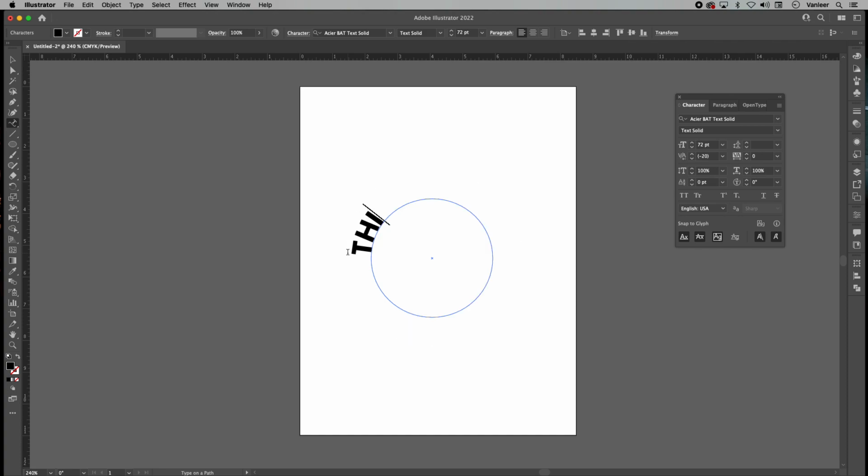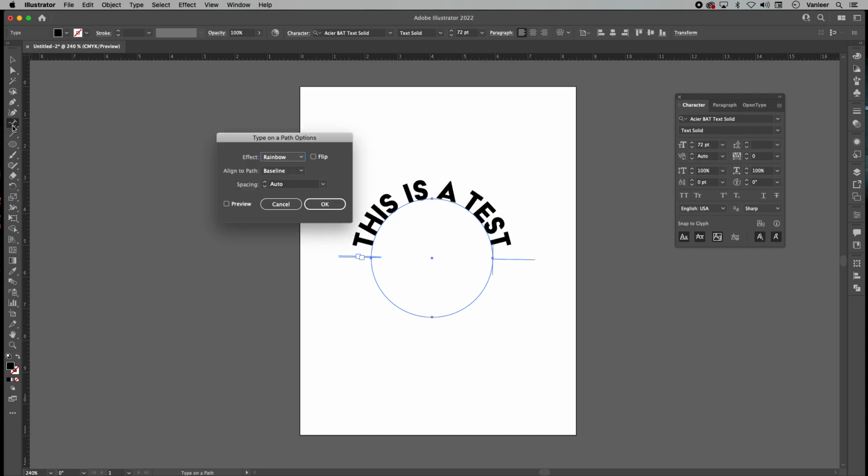And I'm going to put "this is a test," right? So now I can just go here and click, and then I can just bring it up one so that it's straight. And if I double click here on the Type on a Path tool, put here,